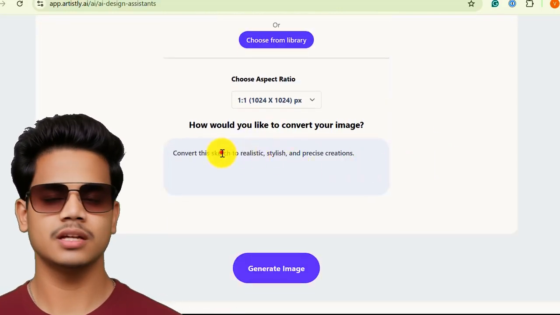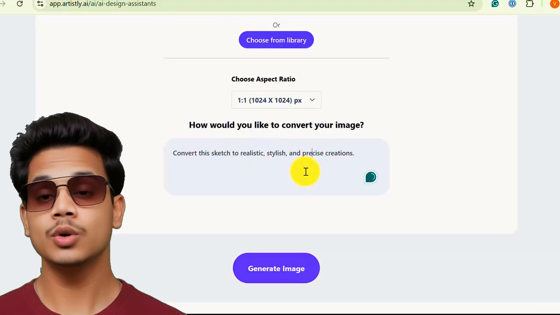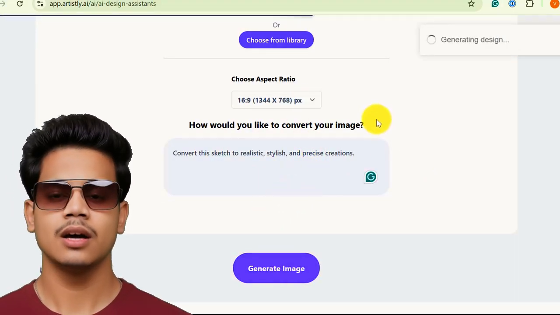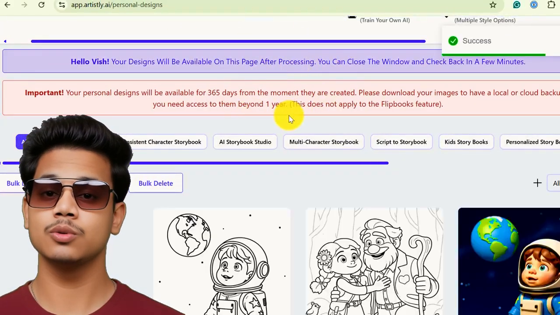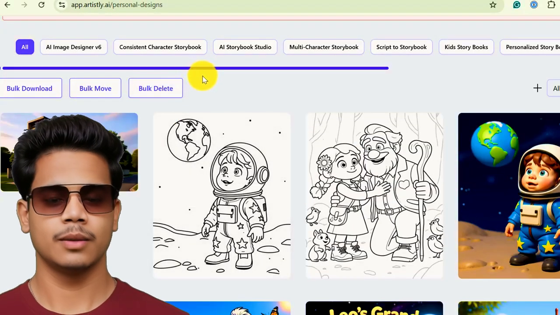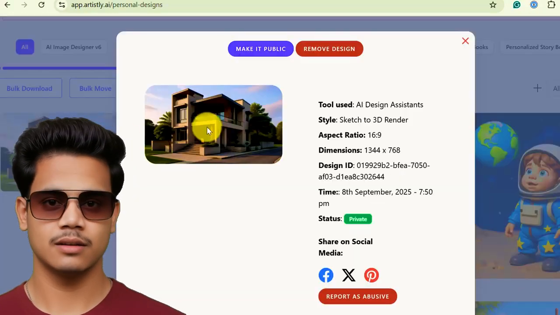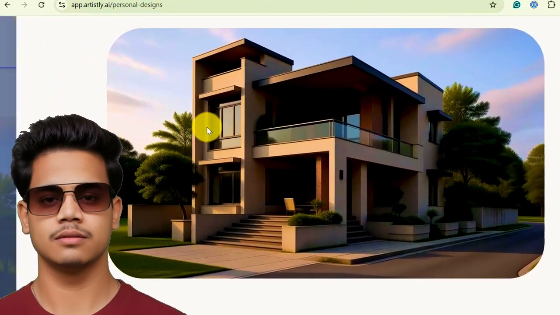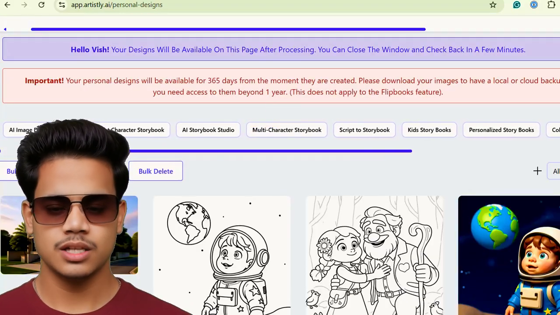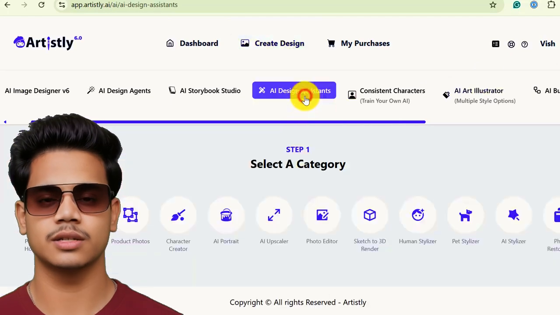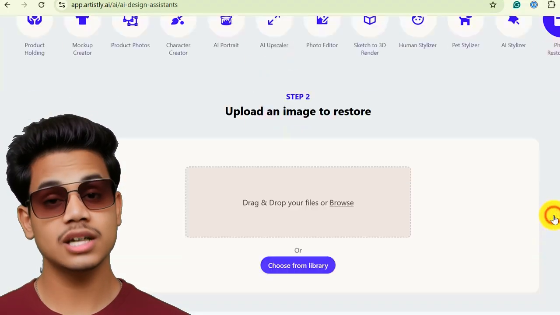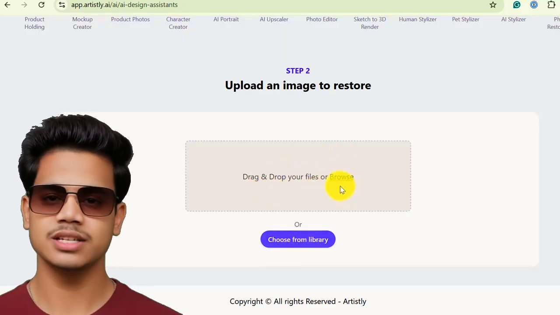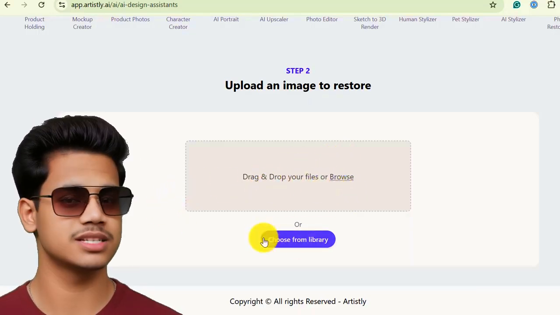The photo restoration feature has also been updated. No more guessing prompts or tweaking dozens of sliders. Just upload a faded, scratched, or black and white photograph. The new one-click tool intelligently analyzes the damage, repairs scratches, clarifies faces, and colorizes the image with historically accurate tones. Go to AI Design Agents and choose Photo Restoration. Let's choose this one. Let me leave the size at default and click Restore Photo. The results are astonishing. It is about more than just technology. It is about preserving precious memories and bringing history back to life with a single click.